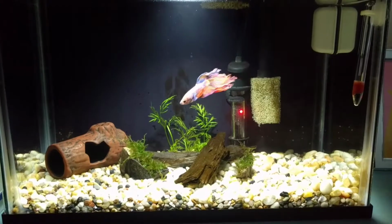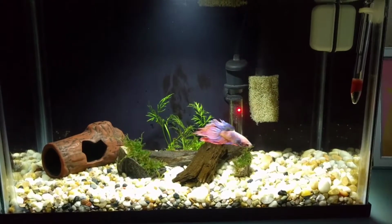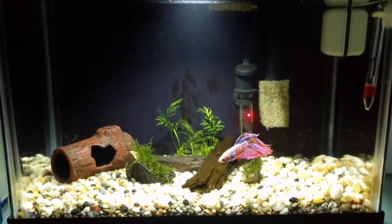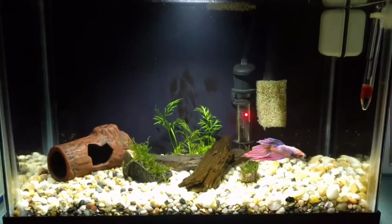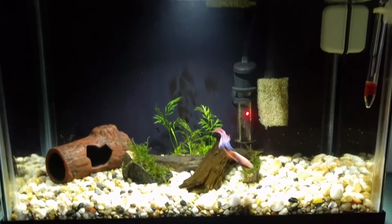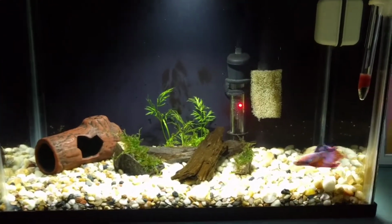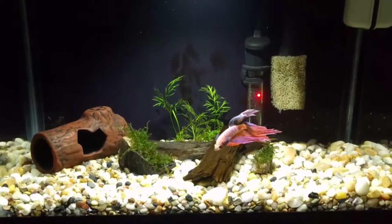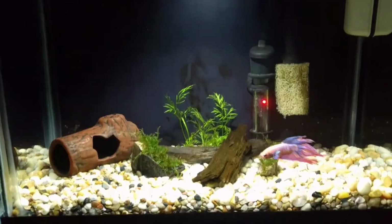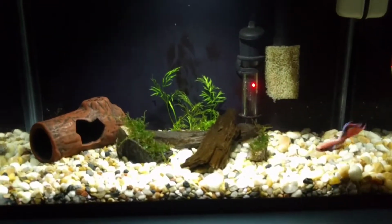And we have replaced all the substrate in there with some river rocks, which look much better than the pink and the blue. We removed all the horrible giant castle and sunken ship and all that jazz that was in there. And we've replaced it. So the only thing that's left in this tank that's original is the couple of pieces of driftwood. We added a log for Alfie to hide in. And we've put a couple of rocks with some...